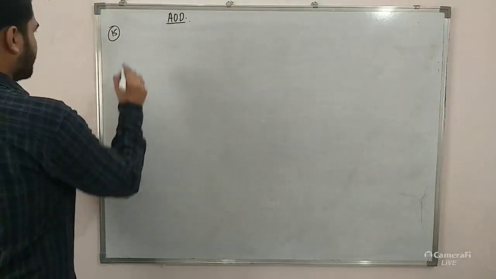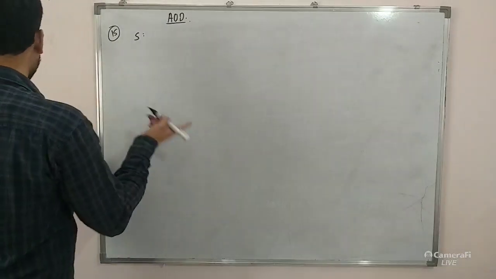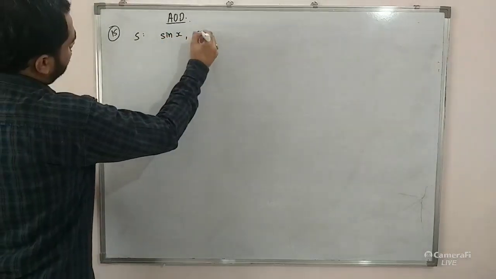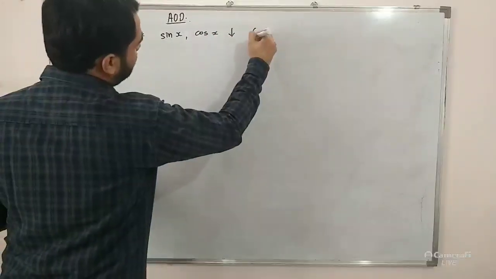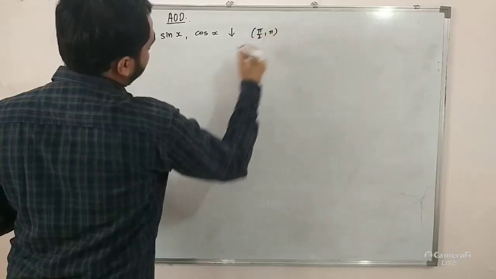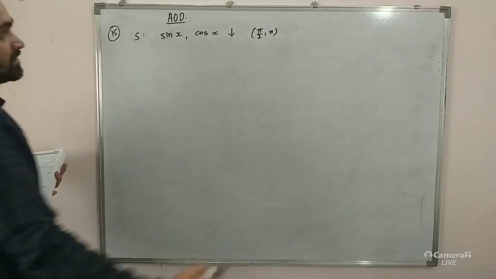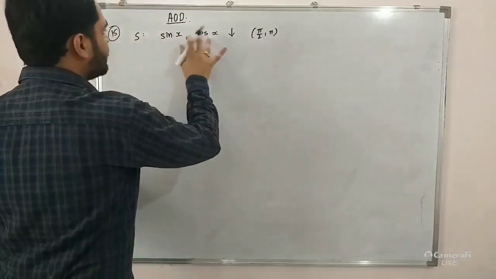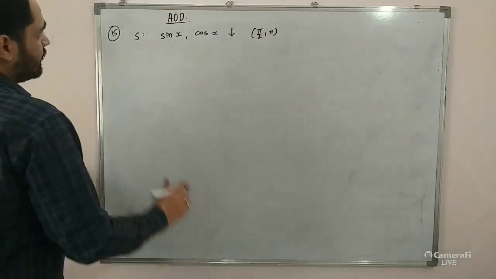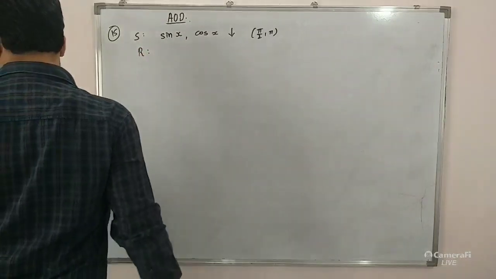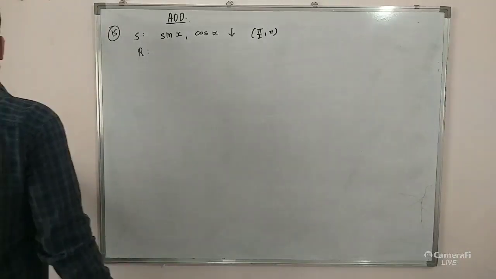Consider the statements S and R. Statement S says that sin x and cos x are decreasing in the interval pi by 2 to pi. The interval pi by 2 to pi means it is the second quadrant. So in the second quadrant, sin x and cos x both are decreasing. Yes, very correct. Now statement R says that if a differentiable function is decreasing in a to b,